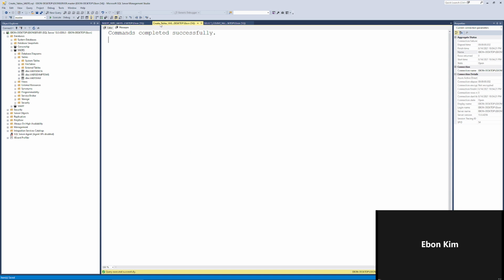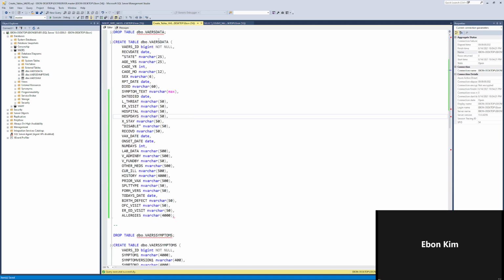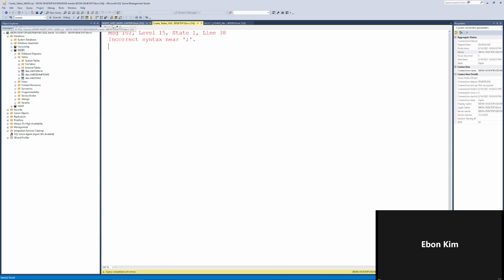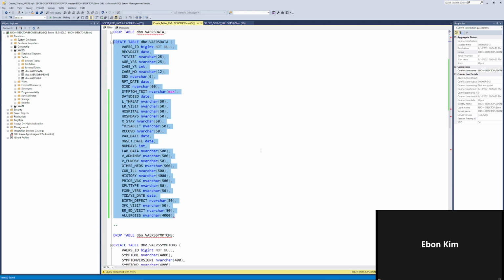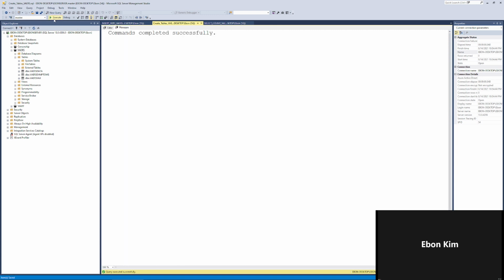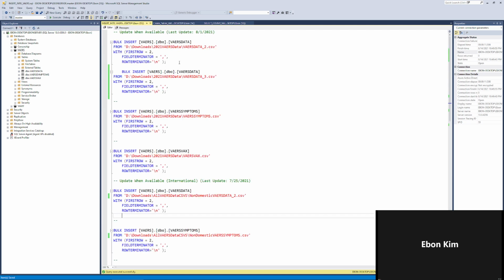I don't know why it does that sometimes. Why does that have that? Line 1. Here we go again. I forgot that. Alright, there we go. Alright, so the table, the columns are ready. I'm going to do a bulk insert from the first CSV file, and then I'm going to have to do a bulk insert